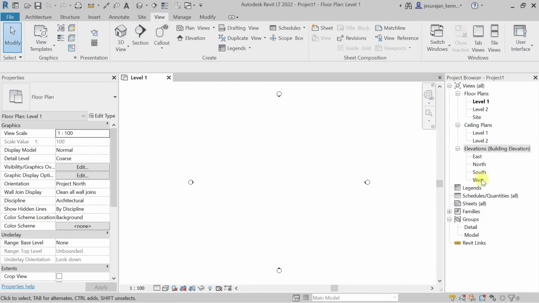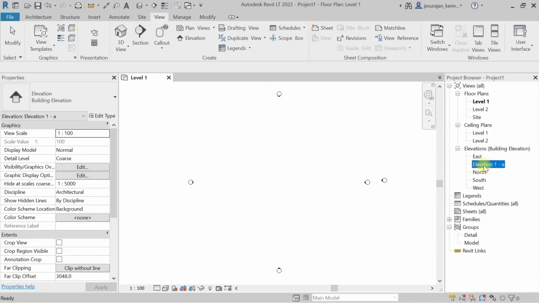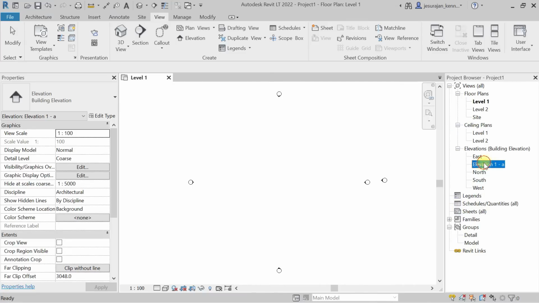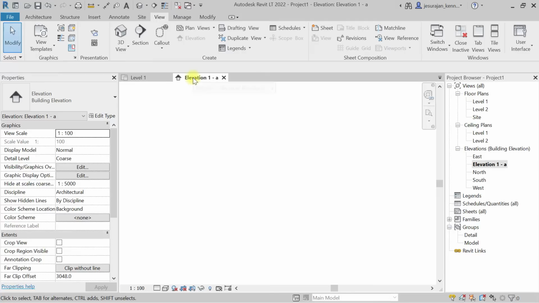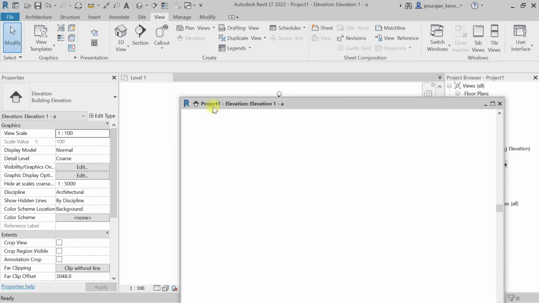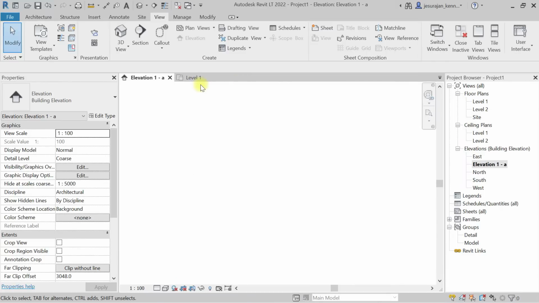If you don't see any elevation here, then take one elevation and place it somewhere, and then you can see elevation 1A is created now. Select the elevation, right click, and here you see open, and you can say open. Otherwise you can double click and open. Now a new window is created, and level 1 is here. So I am in elevation 1, and I'm giving zoom all,